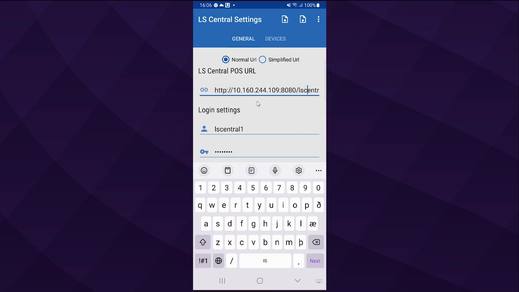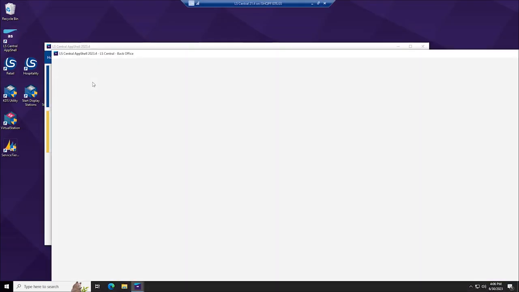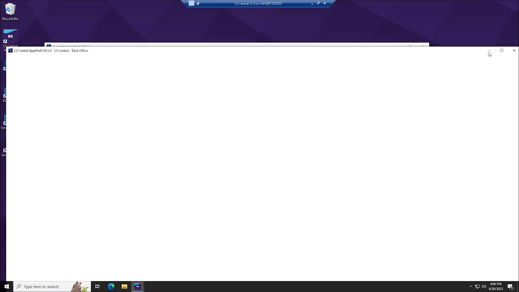You also need to make sure that the service is the one we're using, and the VM has the service LS Central. The next thing to do is to change the user. Who is the user we're going to use? There are two ways to find out. The information is in the VM guide document, or you can go into the VM and open the back office of our LS Central. Where do you think I'm going?